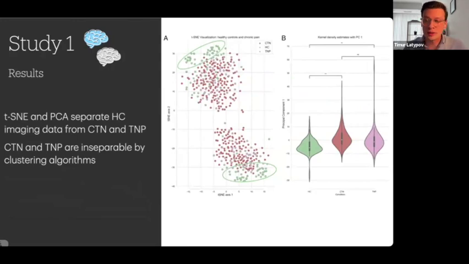So unsupervised learning analysis consisted of T-distributed stochastic neighbor embedding, or t-SNE, and principal component analysis, in a sense, nonlinear and linear dimensionality reduction approaches. And in both cases, in fact, we could see that healthy controls are being separated from trigeminal pain subjects, which you can see in these double clusters. Interestingly, however, we also can see that one type of pain was inseparable from the other. And spoiler alert, we will see that later on as well.